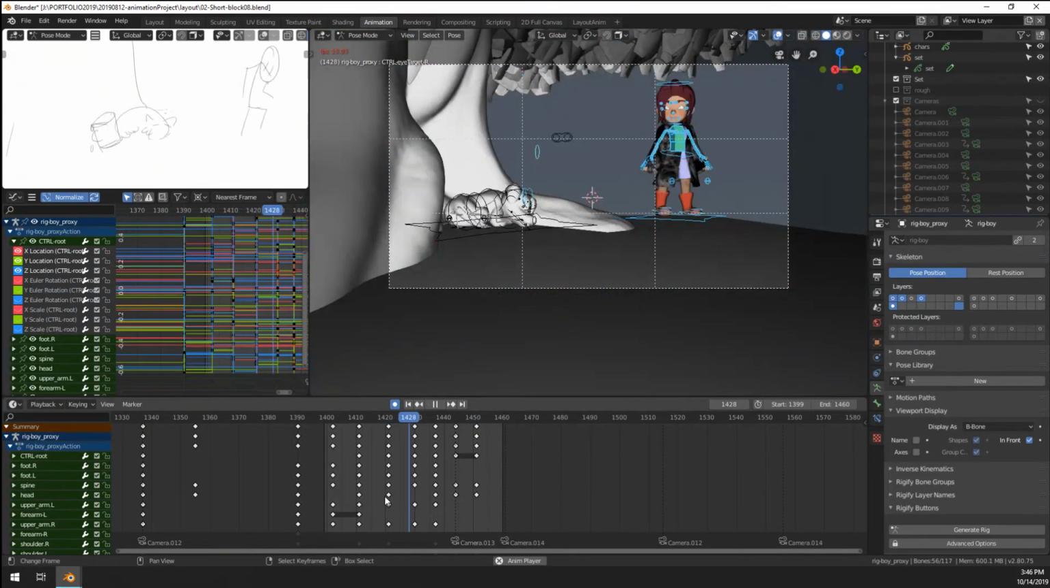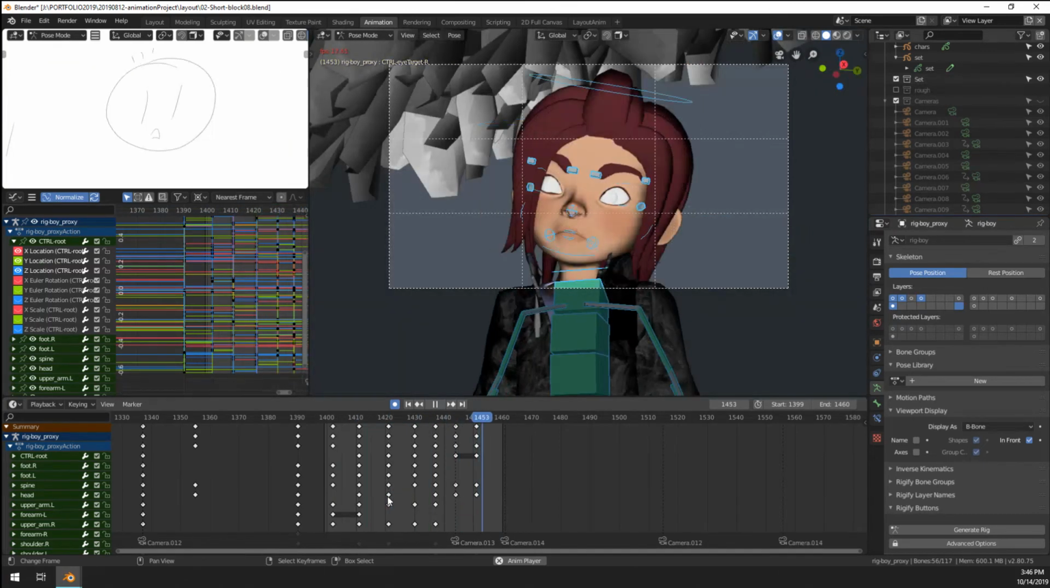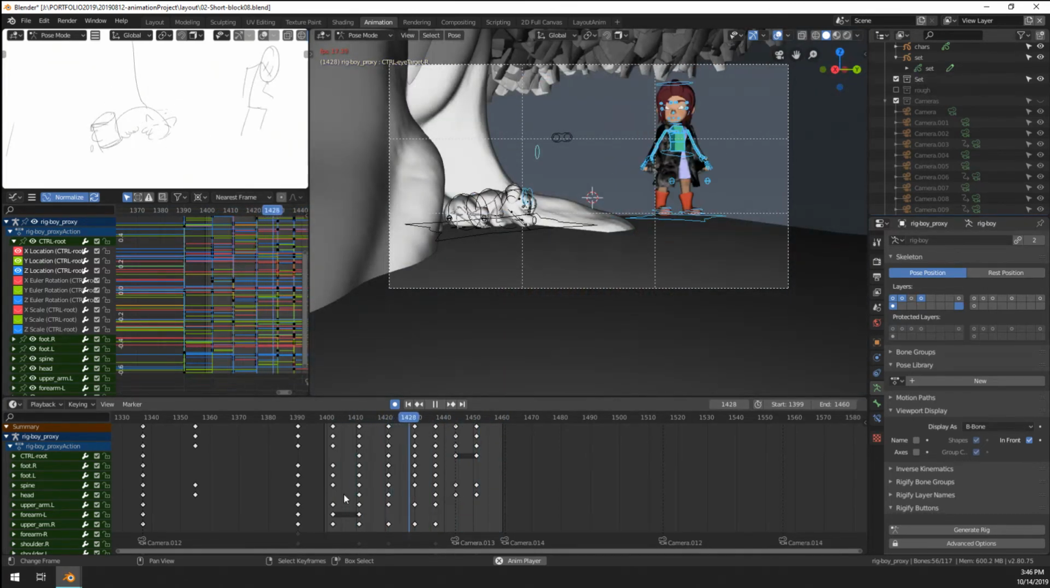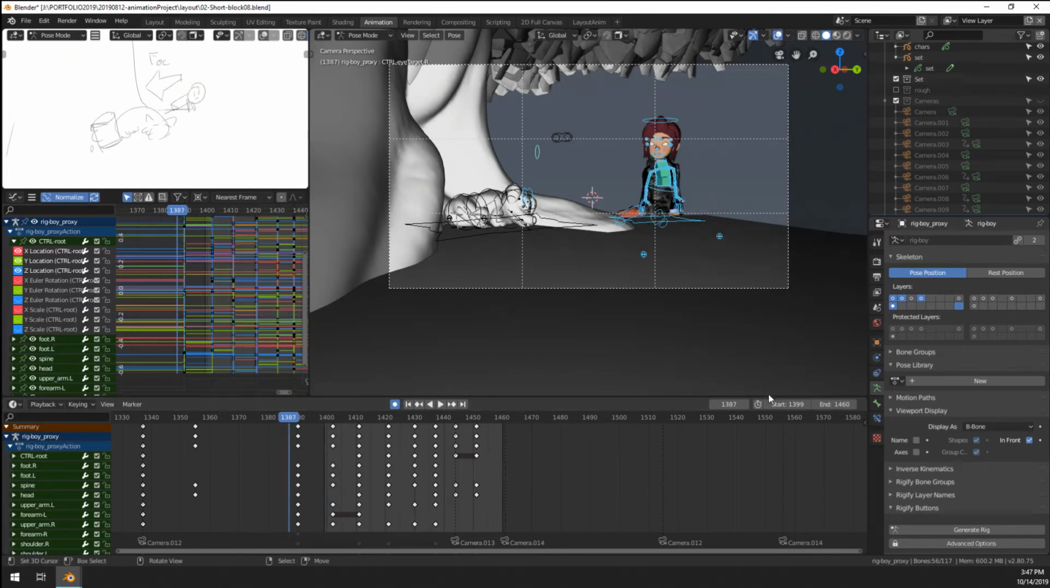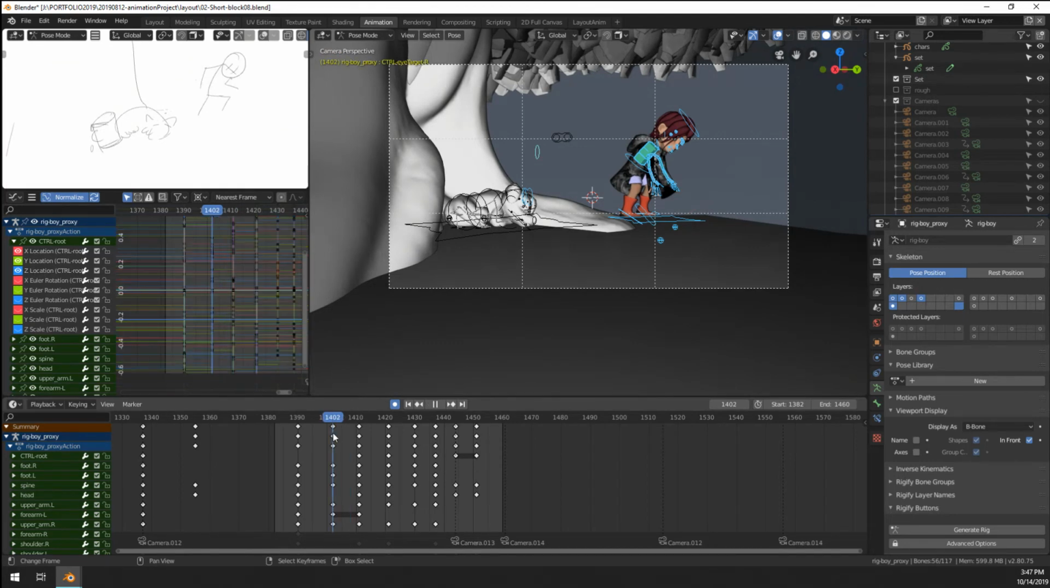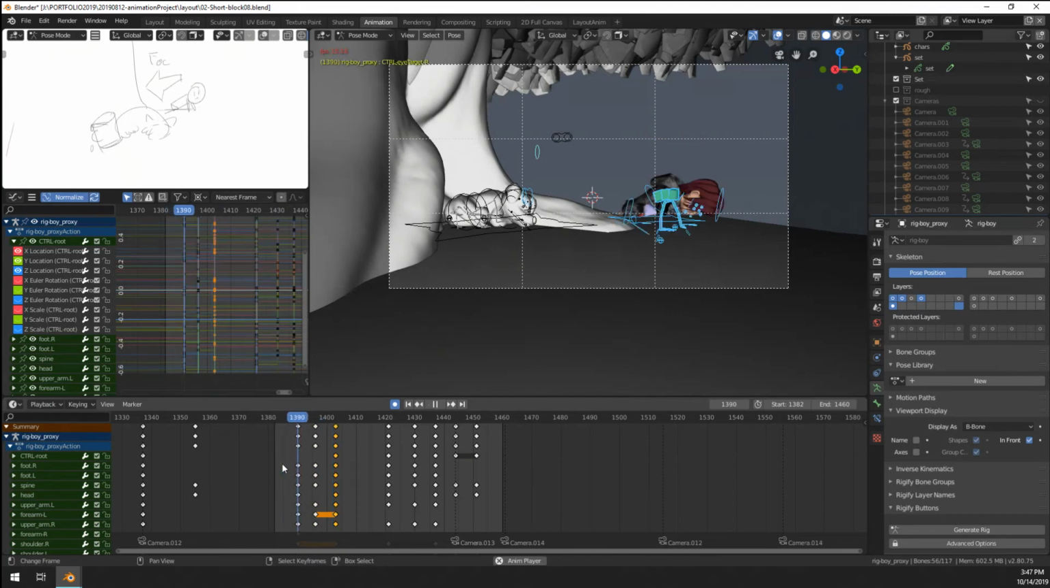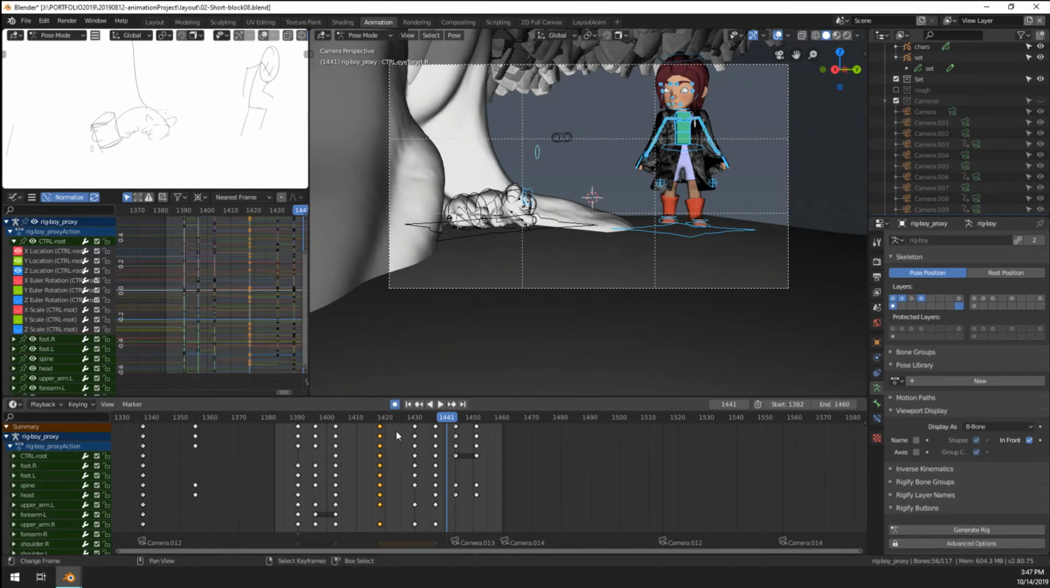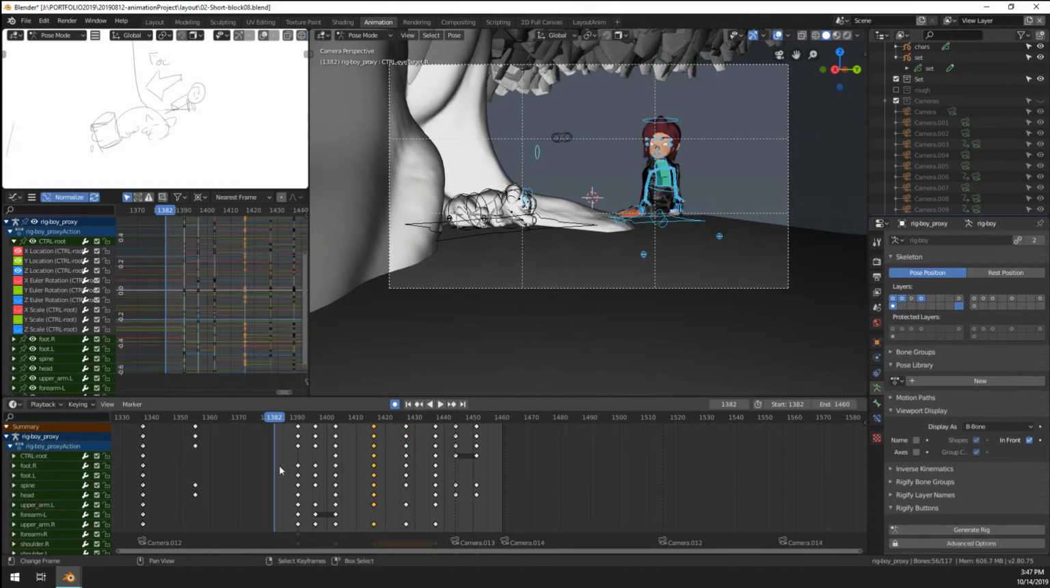Let's see this in real time. This seems a little bit too on the nose. Well, not on the nose, but a little bit too timed. So I'm going to move some keyframes around. For instance, he can stand up a little bit quicker, and then have this paced slower, because you don't want everything on the same beat. You kind of want to play around with the